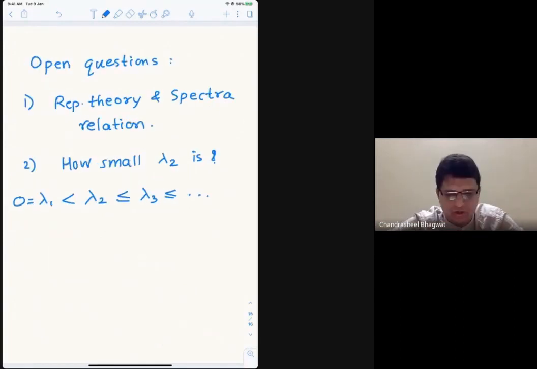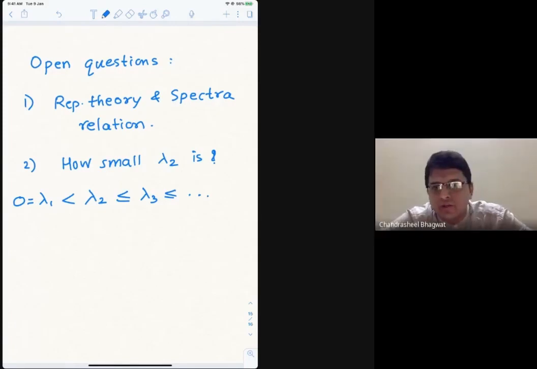Manraj is asking how small lambda 2 is. This question is interesting to people who work in analysis, PDEs, and also graph theory, because it's related to graph theory. The number theorists are interested because certain manifolds can be obtained using arithmetic subgroups of various Lie groups and so on. I don't know exactly what context Manraj is talking about. I think this is about PDEs involving elliptic operators and so on. So Manraj, if you want to say something more, you can. I at least don't know much about this aspect.